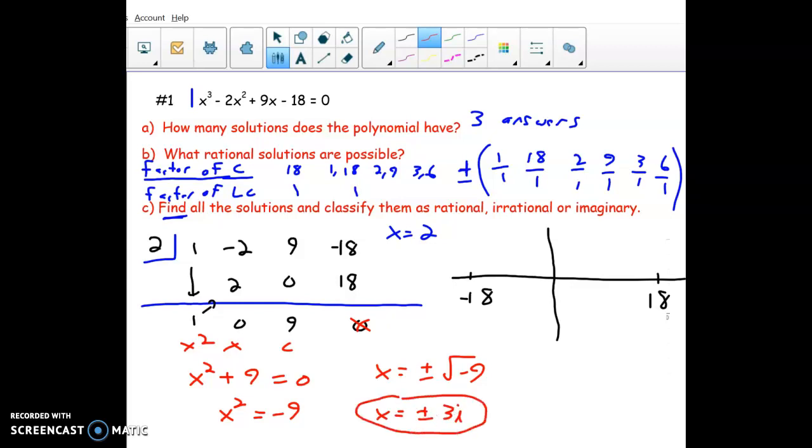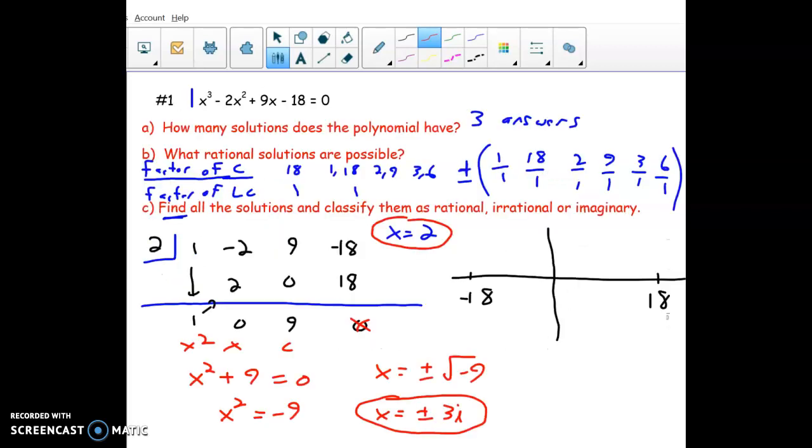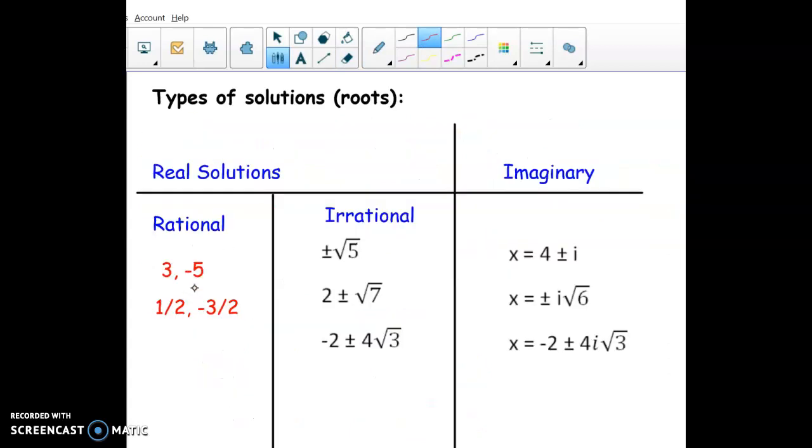All right. And so we talked about the other day the different types of solutions. We've got rational, irrational, and imaginary. And so we can kind of see, just to tie all this together, we have one rational answer up here. Right? Remember, those don't necessarily come in pairs. According to our chart here, they don't always come in pairs. I'll probably add that on there. These ones are not necessarily pairs. These are always pairs,